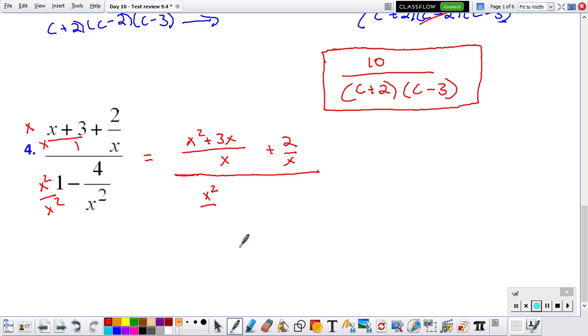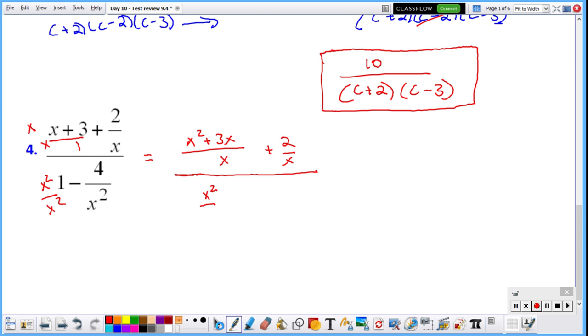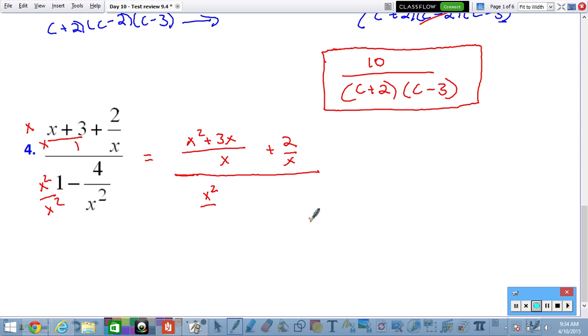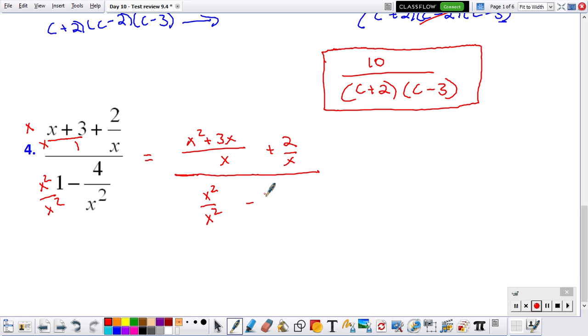Now immediately I realize that I can have some factoring I could do here. I could make the numerator x squared plus 3x plus 2 into x plus 2, x plus 1. And I'm going to divide, so I'm going to flip this over. And x squared minus 4 becomes x plus 2, x minus 2. X plus 2 cancels. I can cancel an x. And I'm left with a final answer of x times x plus 1 over x minus 2. All